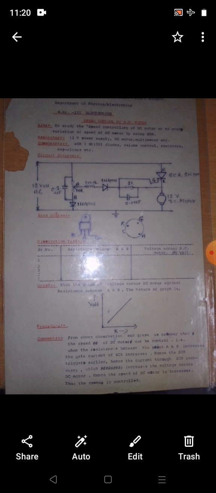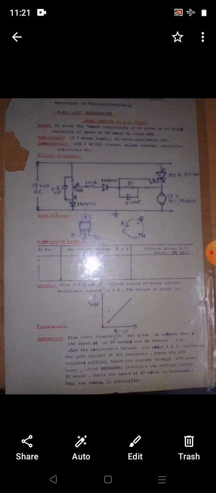What is a DC motor? A DC motor is an electrical machine that converts electrical energy into mechanical energy. In a DC motor, the input electrical energy is direct current, which is transferred into mechanical rotation, which means that any electric motor that is operated using a direct current or DC is called a DC motor. This motor is used in trains because of its high torque and good speed control.